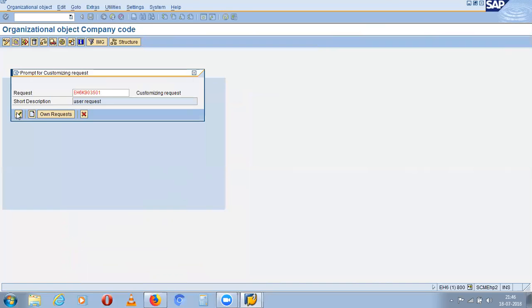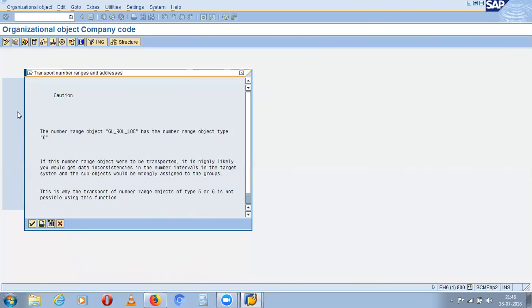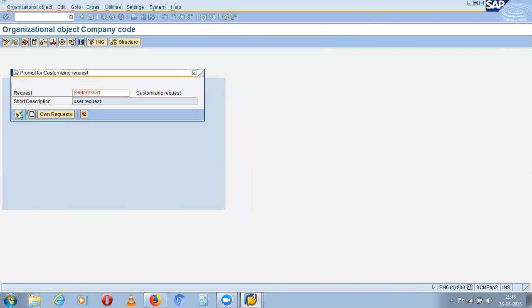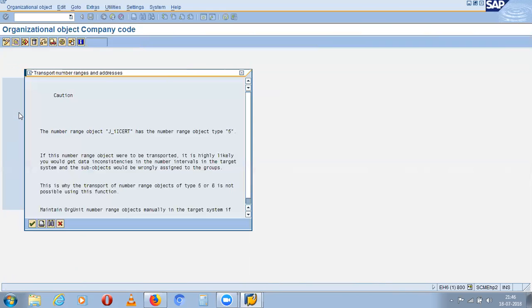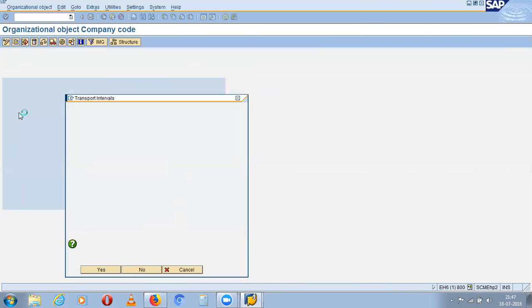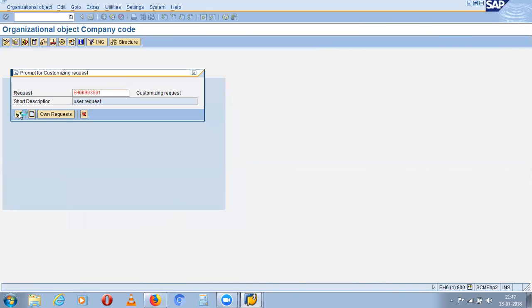Now you just click on close. Keep pressing OK. Press OK.